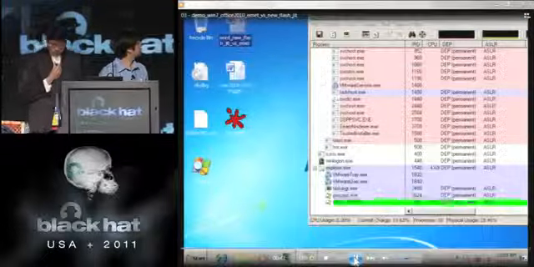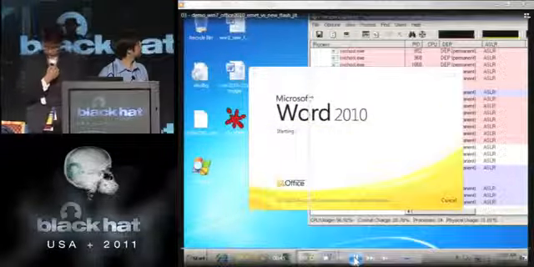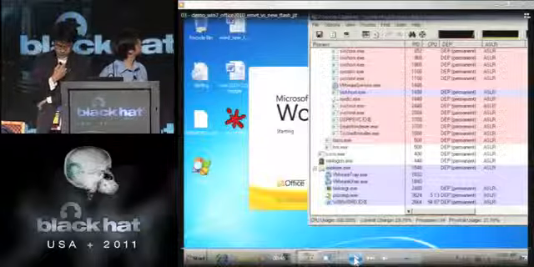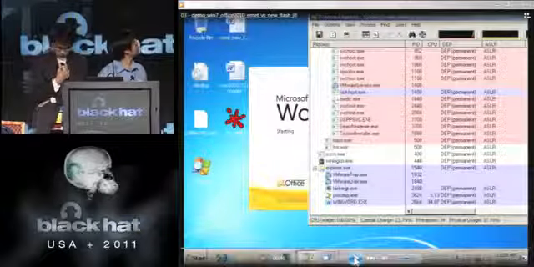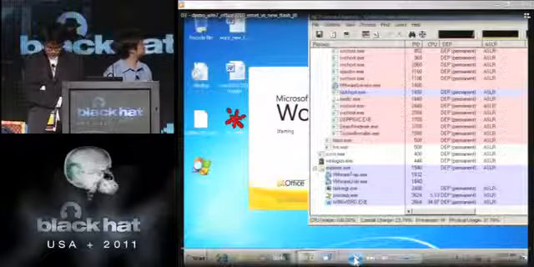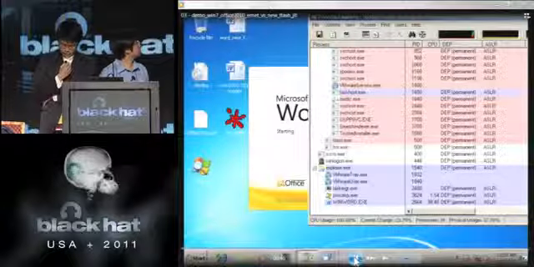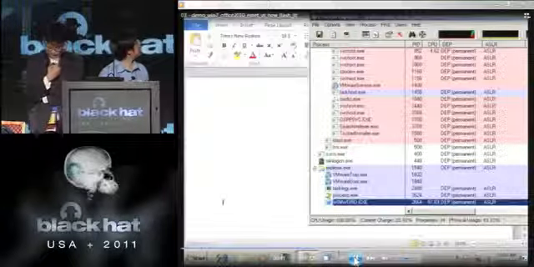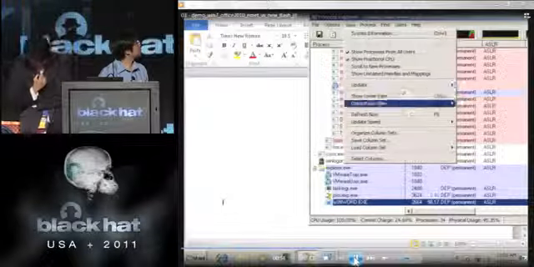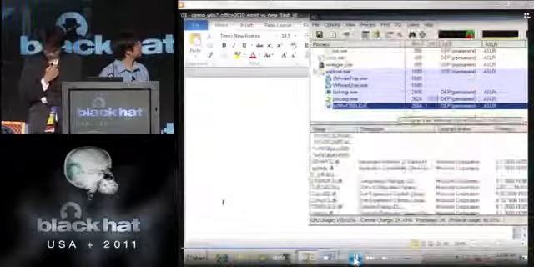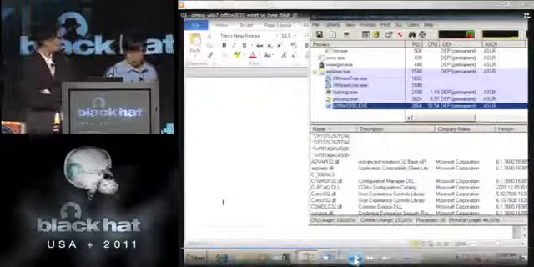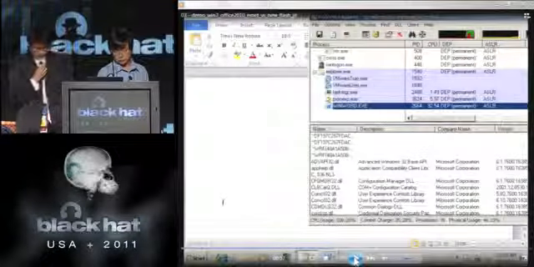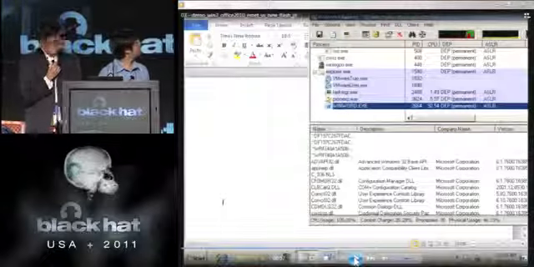Now, we have two Word files. The first one is in charge of loading the flash and spraying the memory. The second file is the CVE-2010-3333 exploit. Now open the first file.